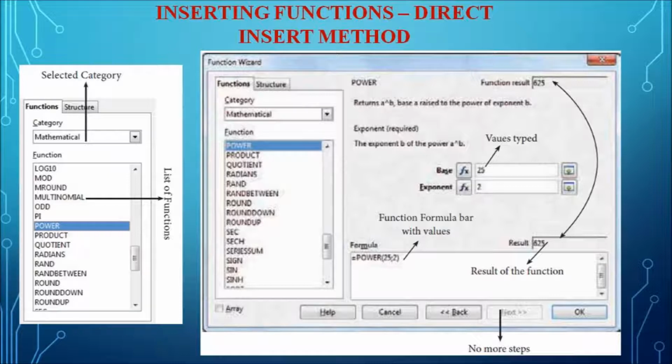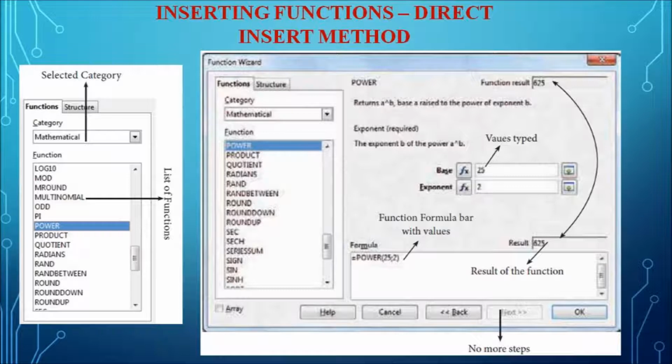Every function has a unique name and a prototype, which is nothing but a syntax. So a function will have a syntax, which means it will have some predefined set of values to be given by the user. For example, take a function named SUM. SUM is used to add values. Within the brackets, it will take n number of values. It means the user can give n number of values separated by a comma. So like that, a prototype will be there.